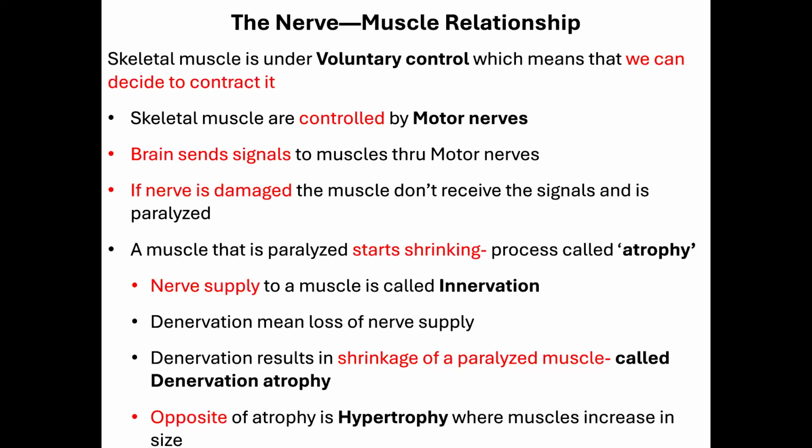So this word is important, motor nerve, okay? Motor neuron or motor nerve is what supplies the muscle. What happens if that nerve is damaged? The muscle becomes paralyzed. And what happens if a muscle is paralyzed? What happens to the muscle? It shrinks, correct. What do you call that supply of a muscle by a nerve? There's a word for it. No, it's called innervation. When you say this muscle is innervated, that means it is supplied by